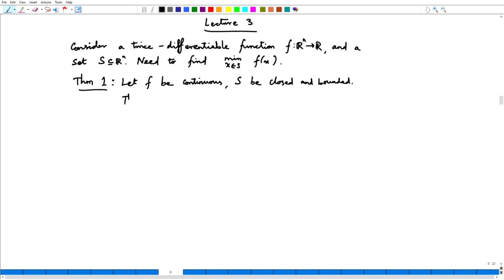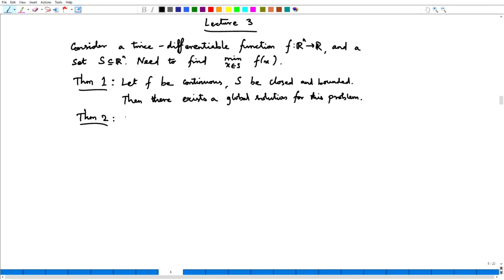Then there exists a global solution for the problem min f of x where x is restricted to lie in the set S. Okay. So, this is the first theorem that we learnt, and that is regarding the existence of a global solution,